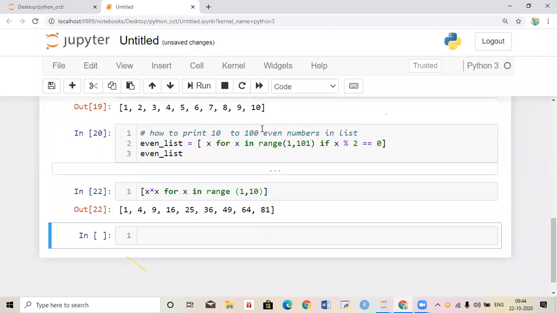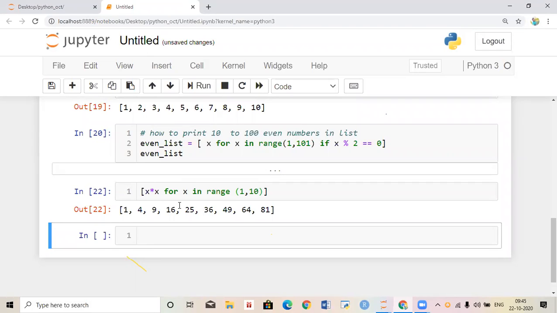Okay, it will print every number's square. Okay, this is how to print squares of every number.